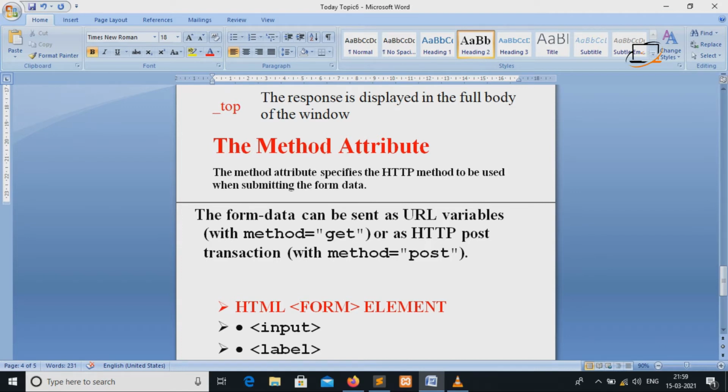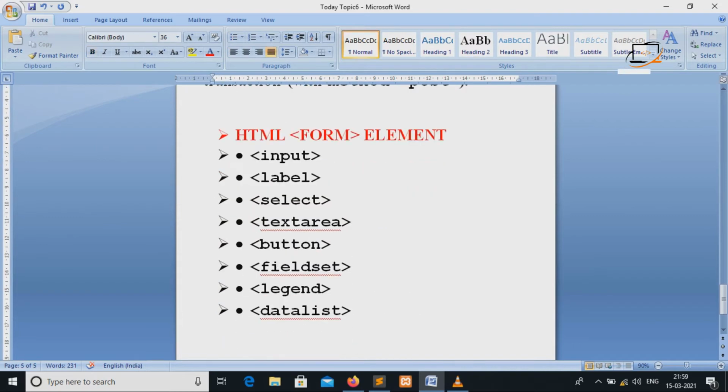Now some basic elements of an HTML form are input, label, select, textarea, buttons, fieldset, legend and datalist.